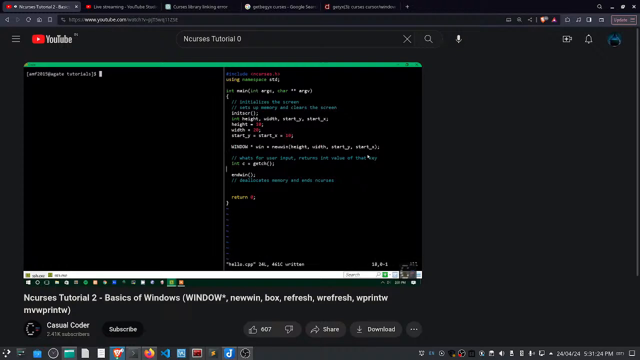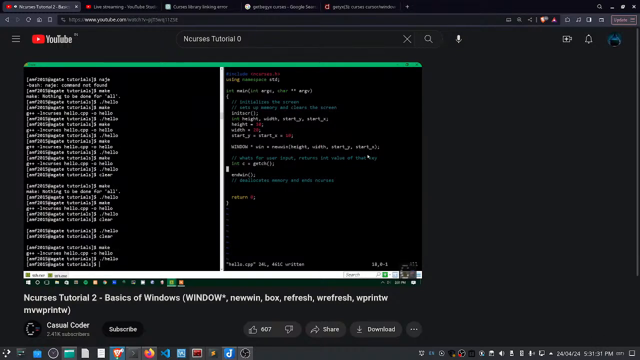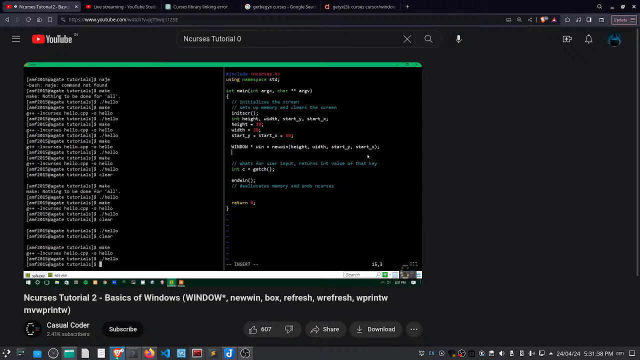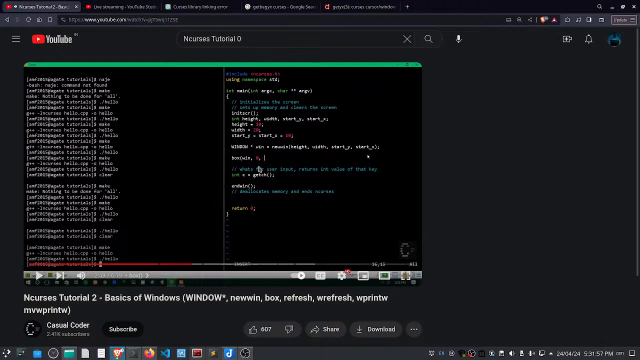And let's run this and see what we get. So we'll make it and we'll run, but we don't see anything. That makes sense because we just created a window, we didn't put anything in it. So there's a cool function called box, which will basically put a very basic border around our window and output it to the screen. It takes 3 parameters. It takes the window and it takes 2 integer